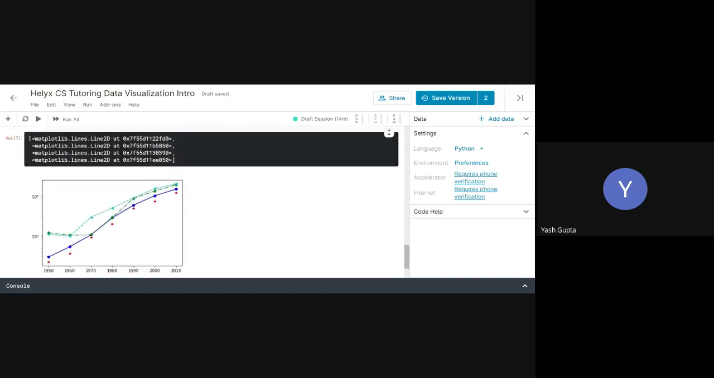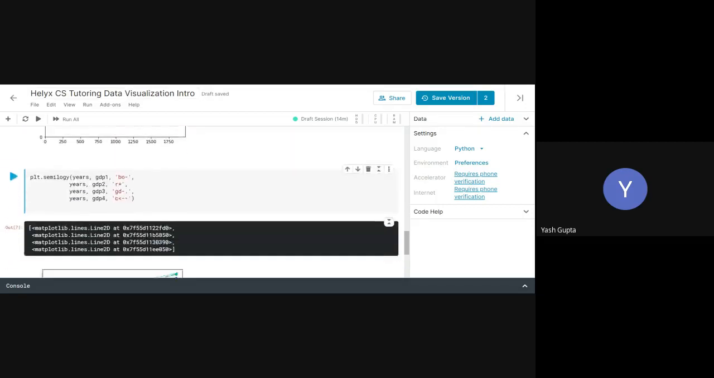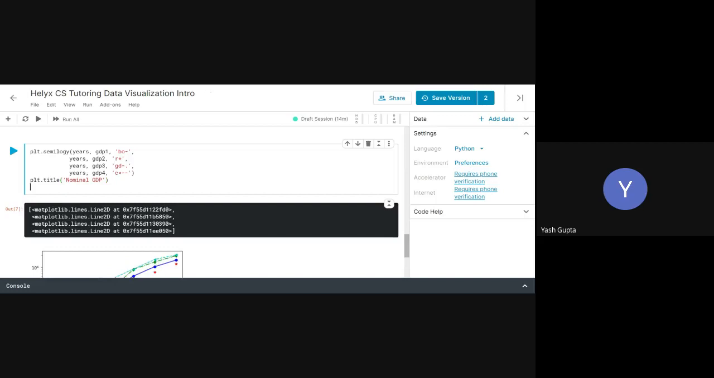Yeah, okay. It's just a little messy because my data points aren't as good. So the data points just intersect at points. But the next thing you want to do is add a title and make it better. So add title, which is like nominal GDP. And then you could add a Y label. So it's just plt.ylabel,